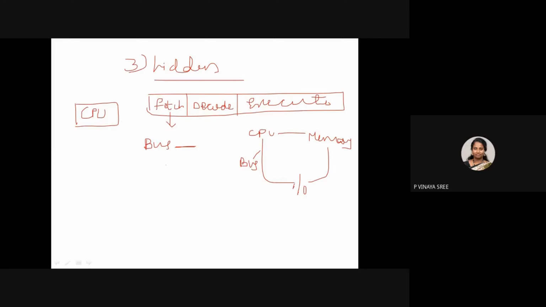So I am asking one question. In order to execute an instruction, the instructions will be available inside a memory. So we will be having a memory, and inside this memory we will be having instructions. The CPU has to go to this particular address to get the instruction. So in which phase do we require a bus? I'm asking again. Fetch, ma'am. Yes, I got an answer.